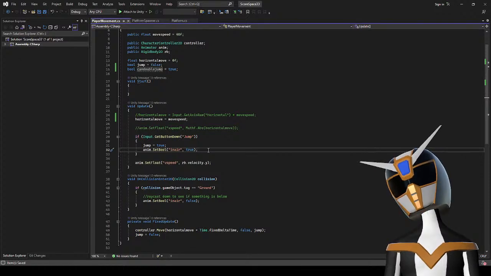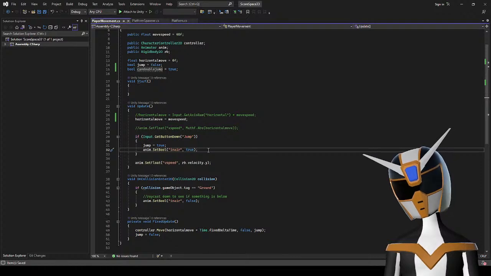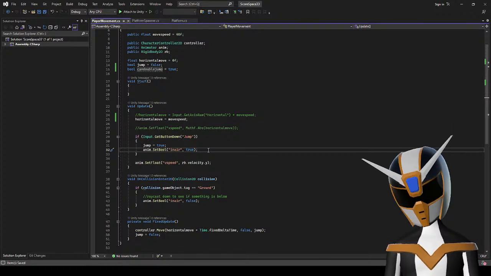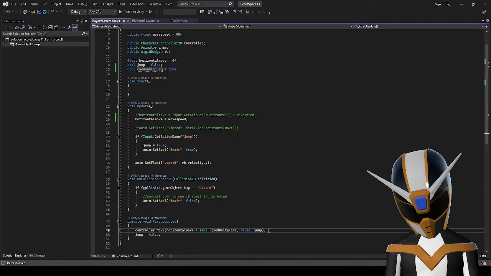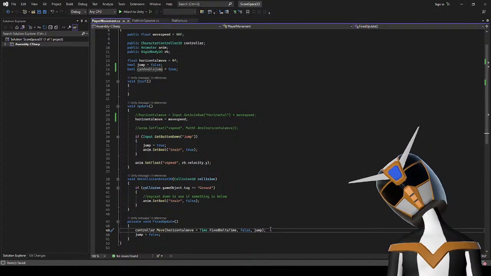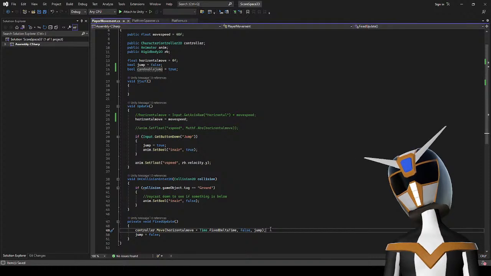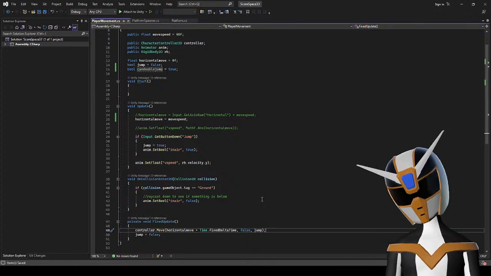So jump is equal to true here. So when I'm jumping, I need to check if the character is in air.